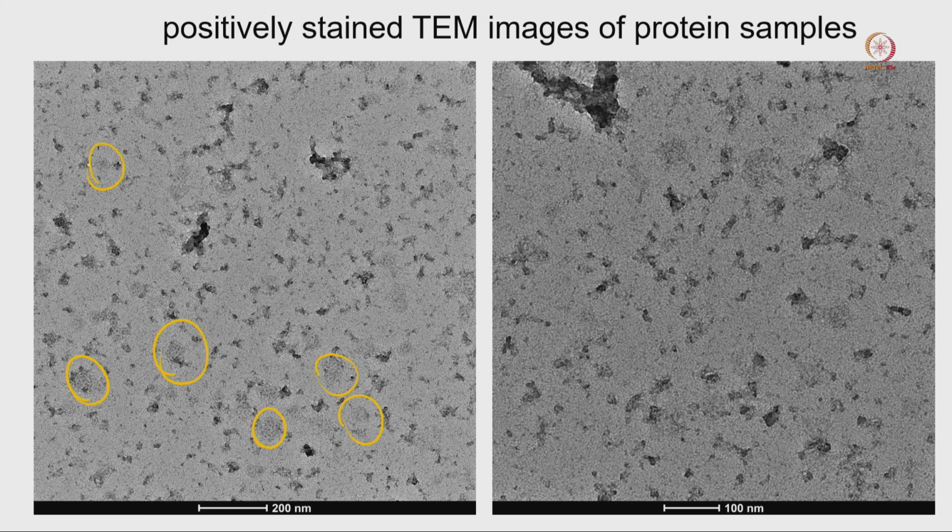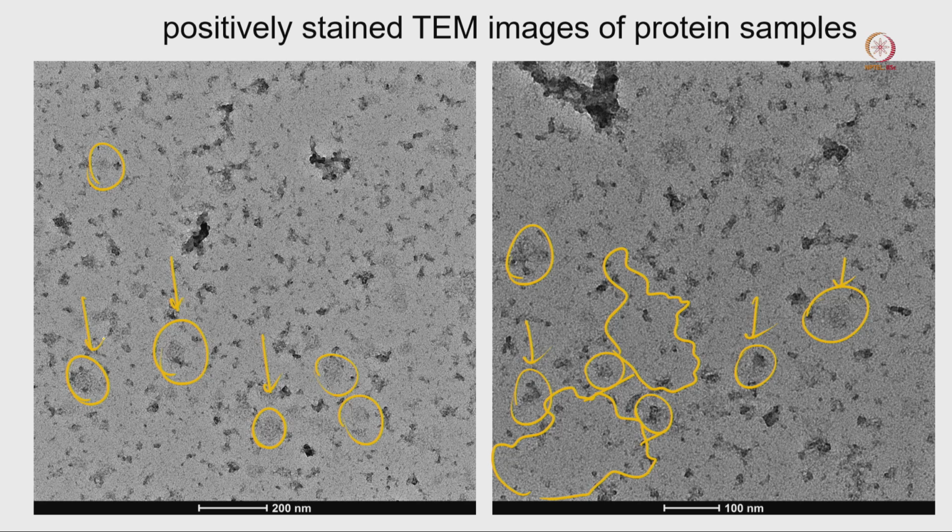You can see this may be your sample, which absorbs a lot of stain. If you come here, this absorbs a lot of stain, but your background didn't absorb any stain, and that is the reason we cannot isolate our sample from the background, because the background is a light stain area. So we cannot isolate our sample properly from here, and that is one reason this kind of stain is not good at all. This is called positive staining, because your protein sample absorbs black stain and the background doesn't absorb any stain.